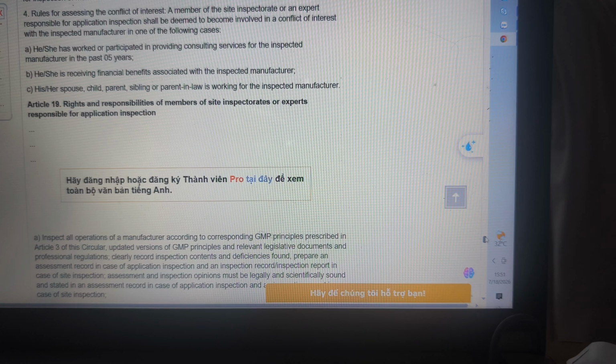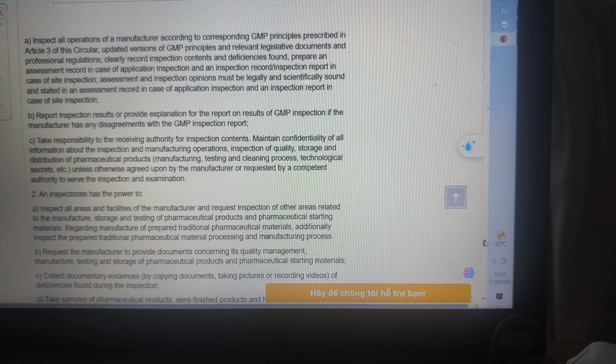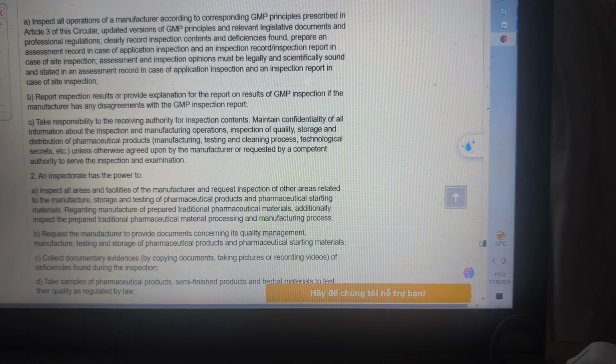Article 19, rights and responsibilities of the member of site inspectorate or expert responsible for the application inspection. A. Inspect the operation of the manufacturers according to the corresponding GMP principle described in Article 3 in this circular. Update the version of the GMP principle and relevant